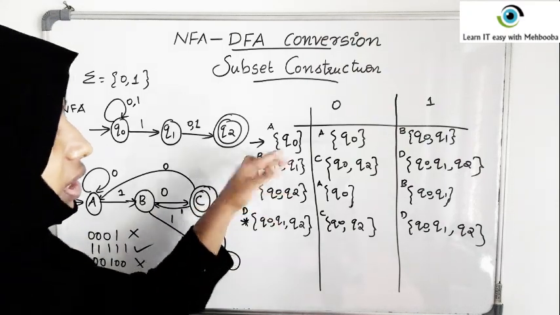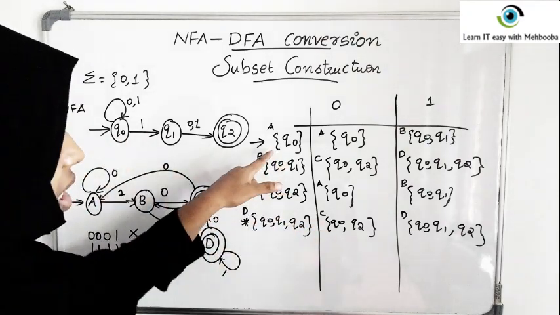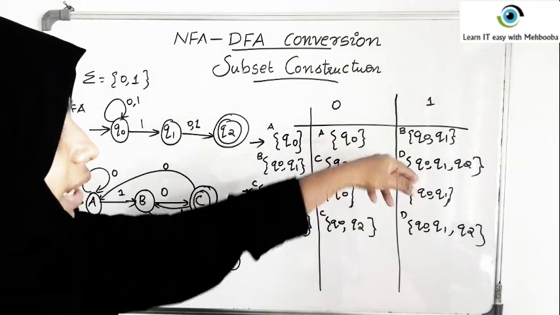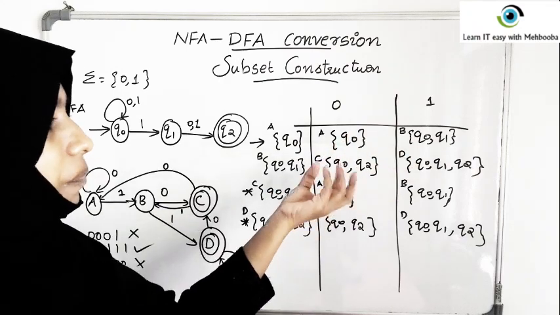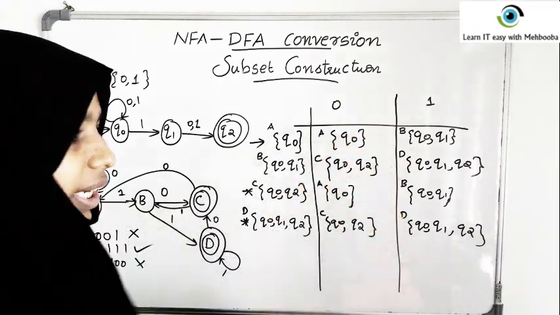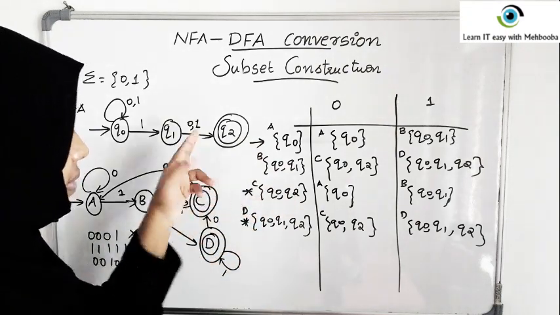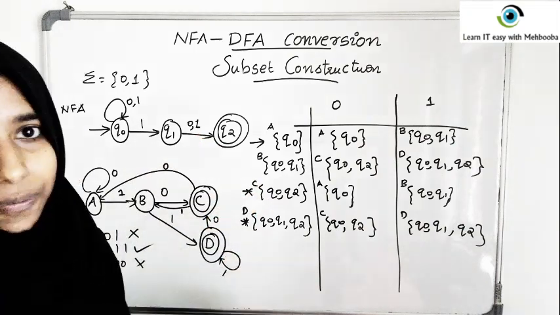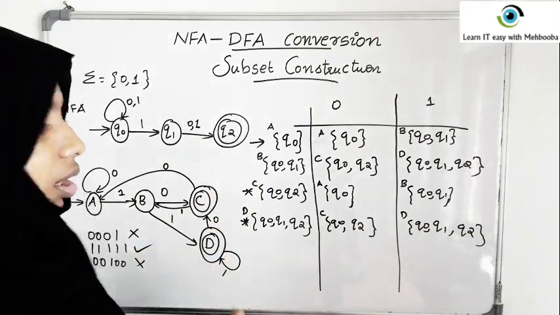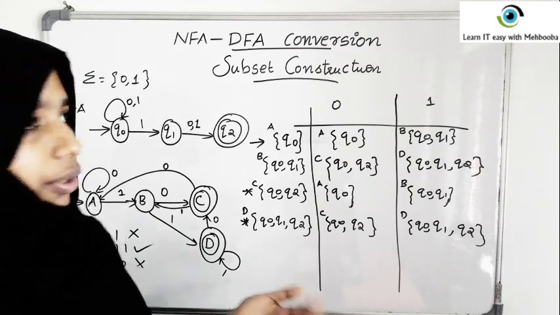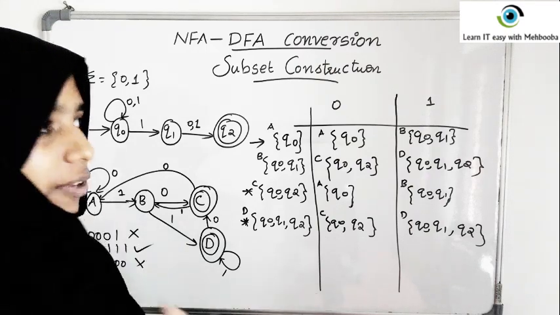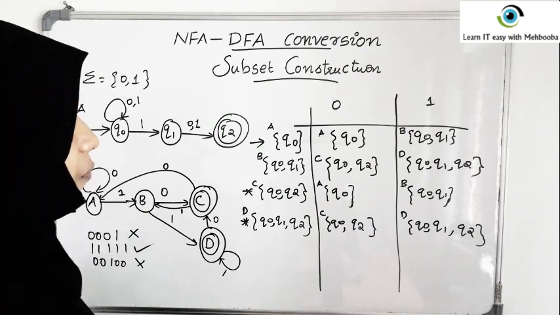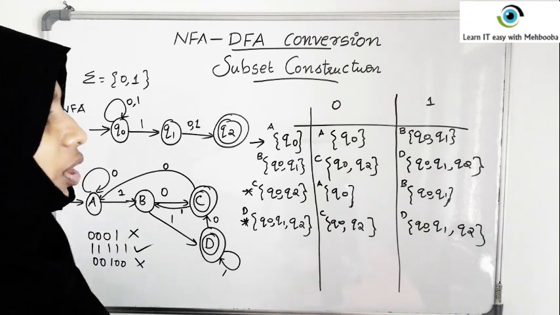That is, we will start with the set containing the start state of the NFA as the start state of the DFA. Now we will apply 0, we will apply 1. We will write all the sets here. Now we will take every new set as a new state and we will process all the states. The sets of states containing the final state of the NFA are the final states of the DFA. And again, I want to repeat, the DFA that you obtain during this conversion may not be the minimized DFA. You may have scope of minimization in it, and we will see minimization in one of our coming videos.